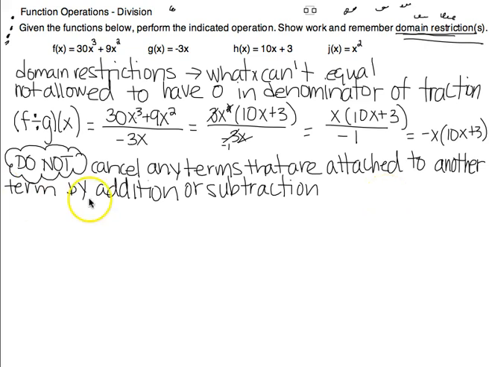But that does not mean that you don't need a domain restriction. You are not allowed to have 0 in the denominator of a fraction ever. So even though the final answer doesn't have a fraction, there was a fraction over here, over here. We are not allowed to let this denominator equal 0. So some of you will just know what value makes that denominator 0, and you can just write it if you do. If you don't, then to find restricted values,